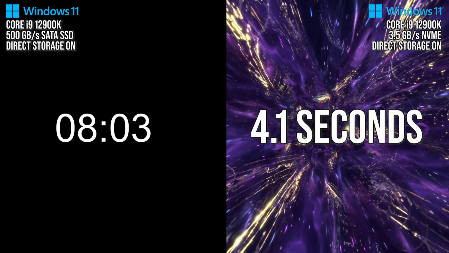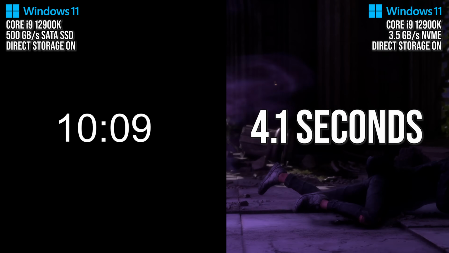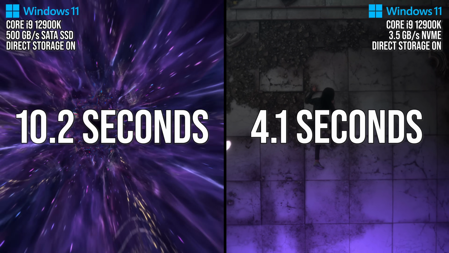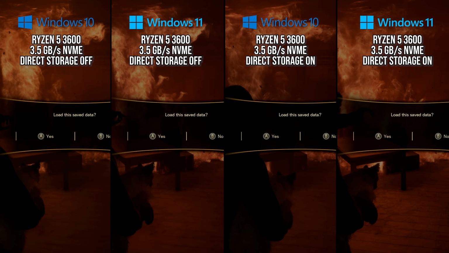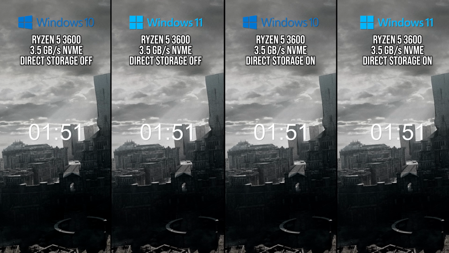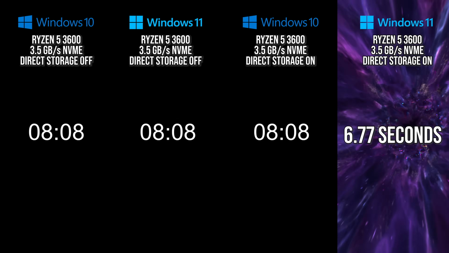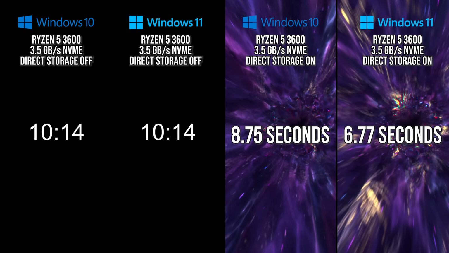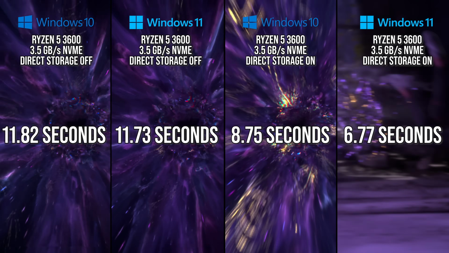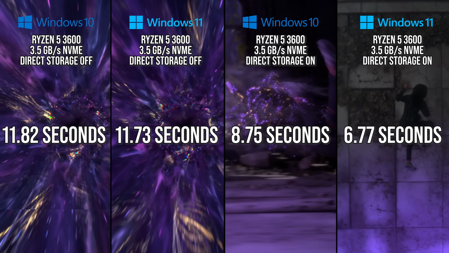Another test I did was checking out the difference between Windows 11 and 10, and as Microsoft has maintained, DirectStorage does indeed seem to noticeably help Windows 11 more than 10, with DirectStorage on Windows 11 loading consistently 2 seconds faster in my tests, with DirectStorage off running nearly the same between both operating systems. All in all, this is a neat debut for DirectStorage, but I don't think it's a real game changer